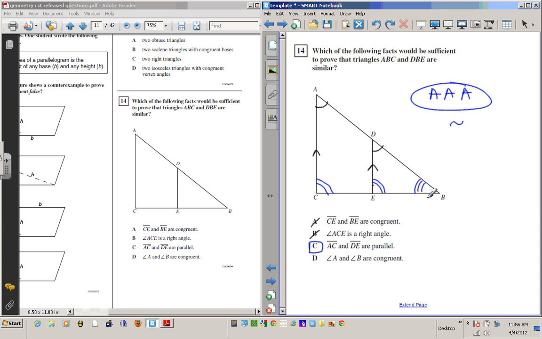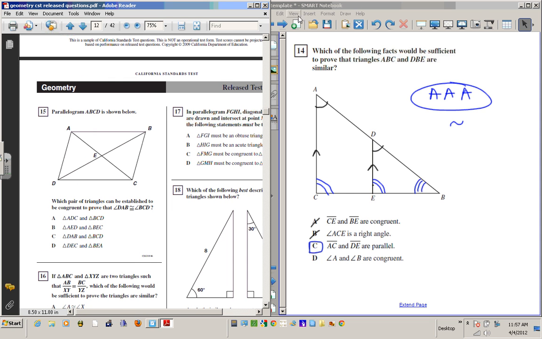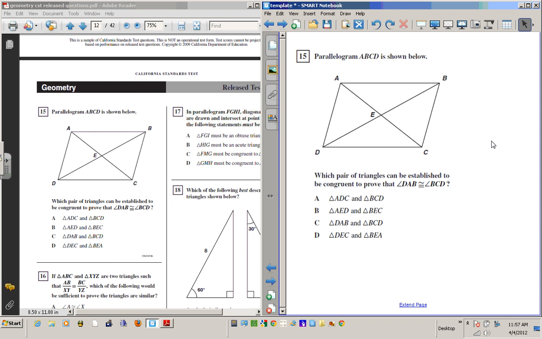Now let's move on to question number 15. Question 15 says, in the parallelogram ABCD below, which pairs of triangles can be established to be congruent to prove that triangle DAB is congruent to triangle BCD? To prove triangles are congruent, it is either going to be SSS, SAS, AAS, which is the same thing as SAA,